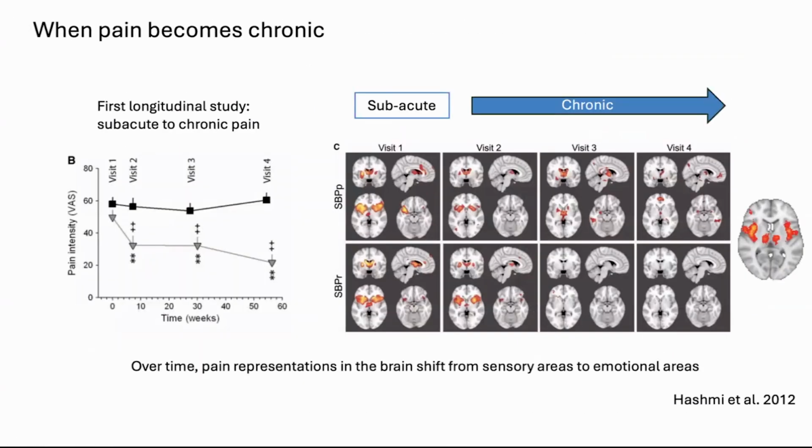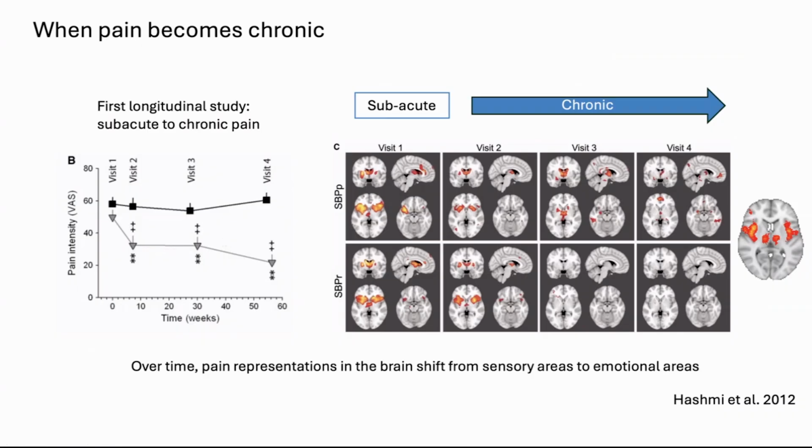So now that we know how a typical brain responds to pain, especially in healthy subjects, we can start talking about what happens in the brain with chronic pain. The study that I'm showing you here was one of the first to use neuroimaging to see how the brain changes as pain transitions from a subacute stage to a chronic pain stage. They recruited a large sample of subjects with low back pain about 1 to 2 months after pain onset, so again, at the subacute pain stage.